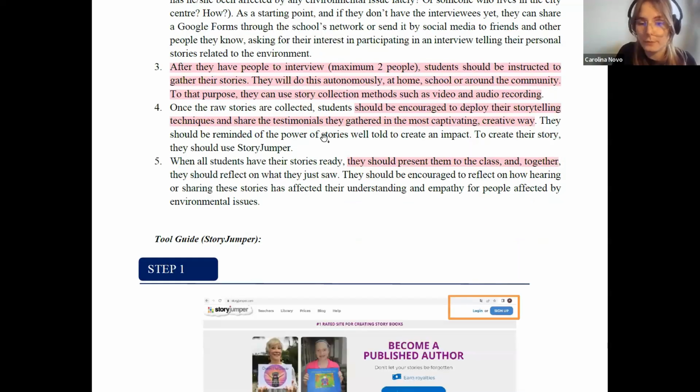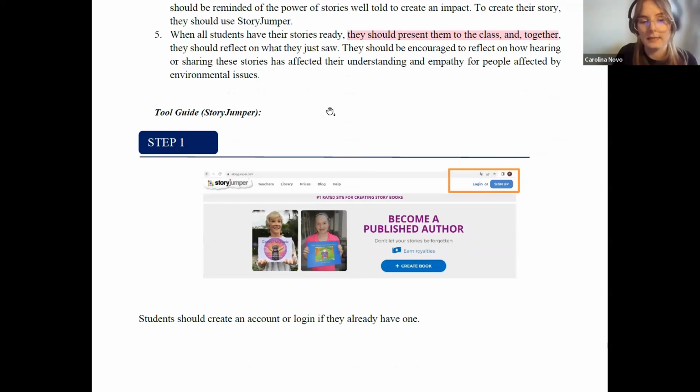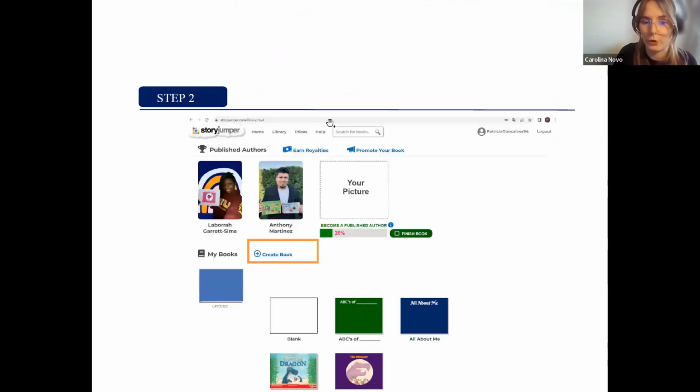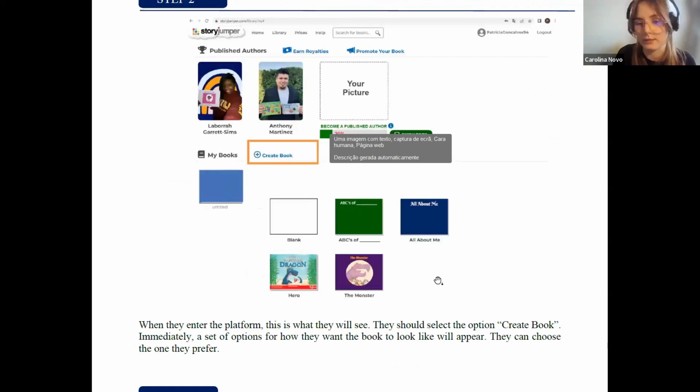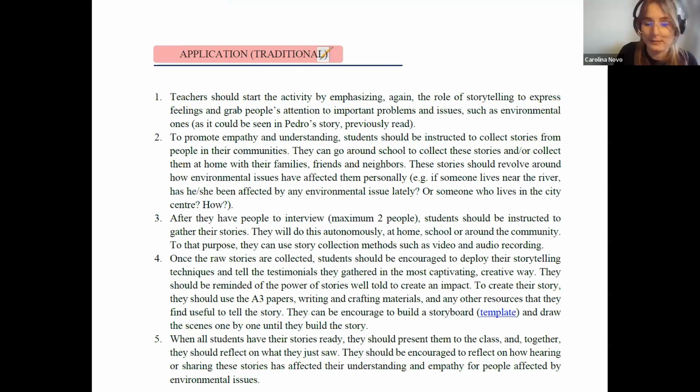So they go to Story Jumper, which is a tool that you have heard before, and they have here all the steps to create their own story based on the interviews that they made. And in the end, they of course present the story to the other colleagues, and in the traditional way, they do the same, but with a physical, on paper storyboard, similar to what Michaela said.